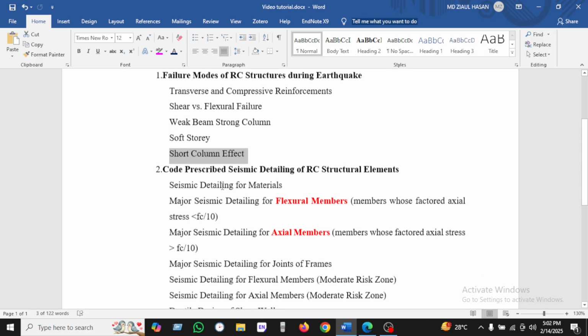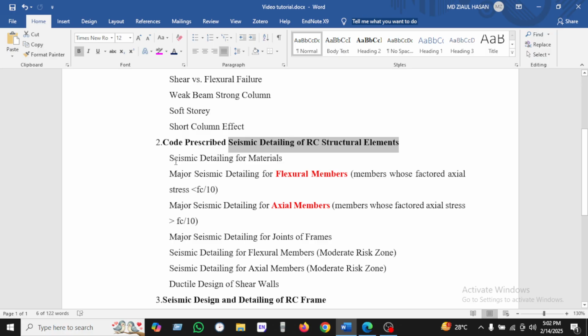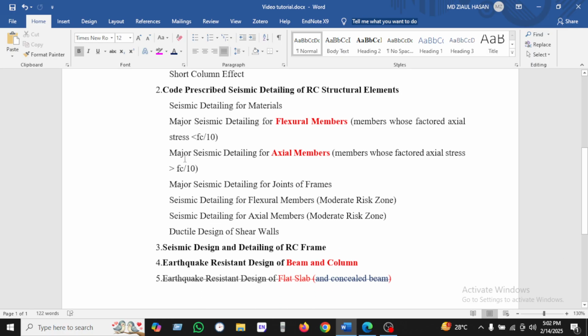effect. The second part will be code-prescribed seismic detailing of RC structural elements, and it will include seismic detailing of material, major seismic detailing of flexure, which is beam, and of members whose axial force is less than f'c divided by 10, and major seismic detailing of axial force members, and major seismic detailing of joint frame,